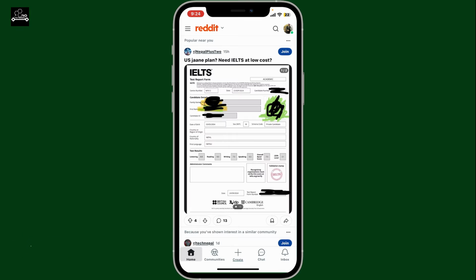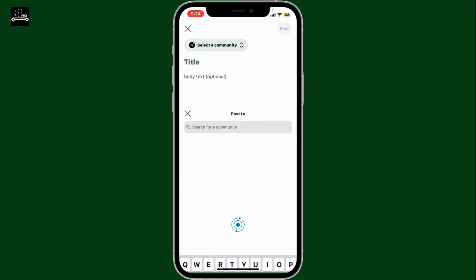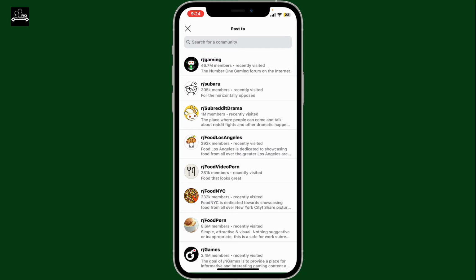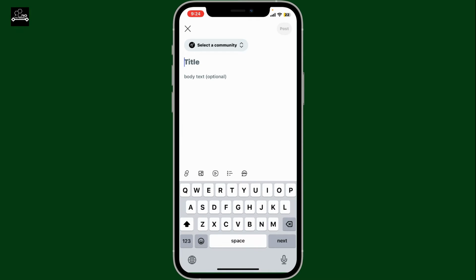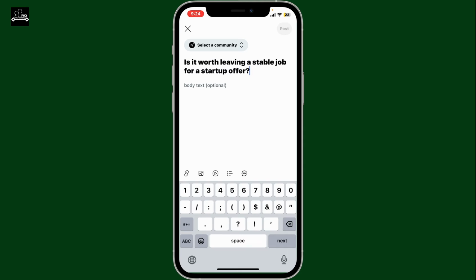To ask a question on Reddit, first of all, open up your Reddit application on your device. From the home page, tap the Create button at the bottom of the screen and select the community from the drop-down. After choosing the community you are trying to post to, write down the title of the question you are trying to ask. Now, after writing down the title, in the body area, you can go ahead and elaborate your